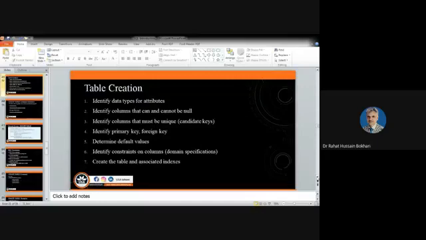Further, identify columns that must be unique, candidate keys. Within your table you may have 2, 3, 4 attributes that are unique. For example, you have a table with a student ID or registration number, you say it's always unique. Furthermore, there is also a passport number of the student, and that may also be a candidate key because passport numbers never overlap.